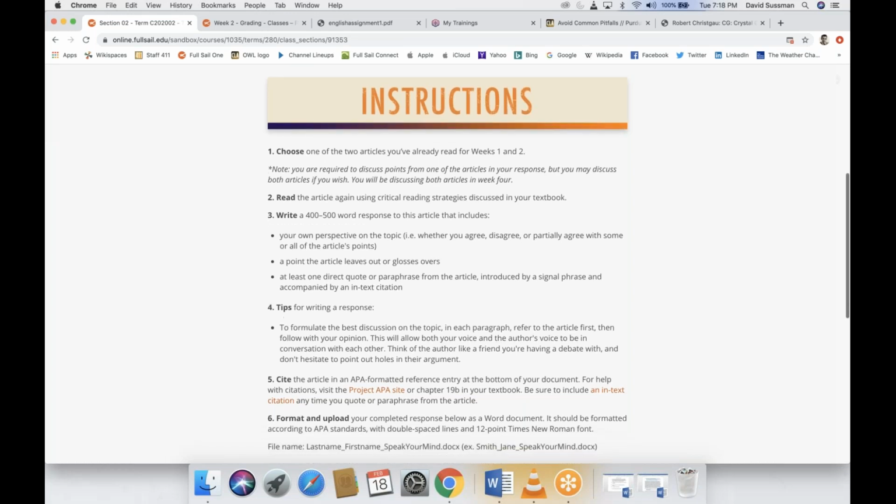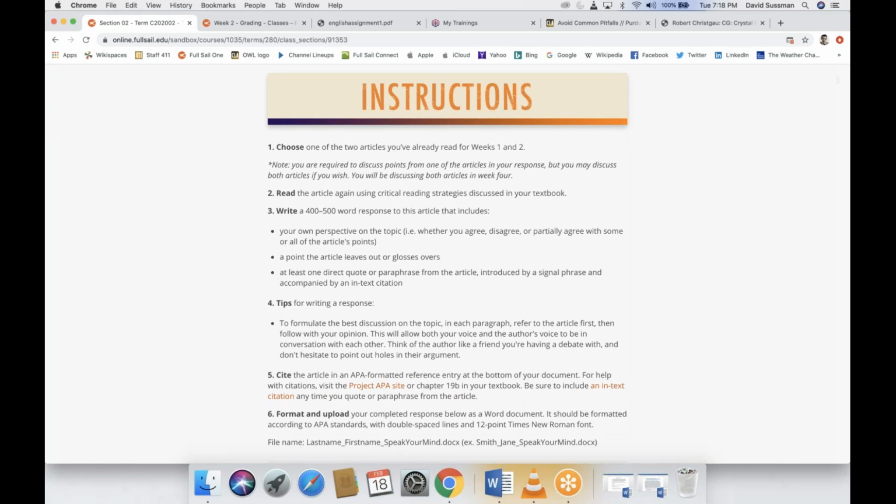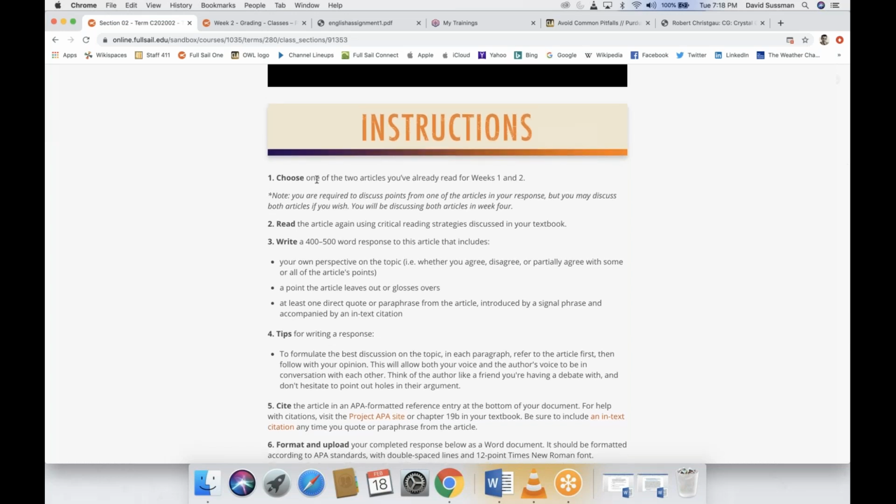But Mark Lewis's one, I think, has a pretty clear stance that video game addiction is overrated, or that it's overstated. It certainly shouldn't be considered a disorder. That's something you could absolutely enter into conversation with. Whereas the second article is more like an interview about what people are doing to combat video game addiction. Anyway, you'll choose, but you choose one.